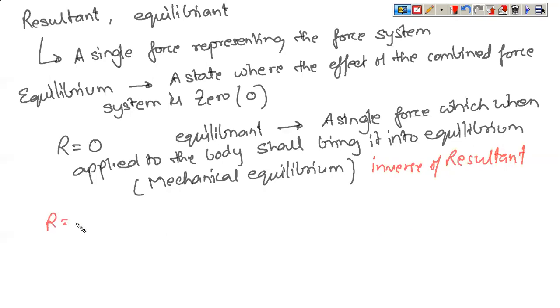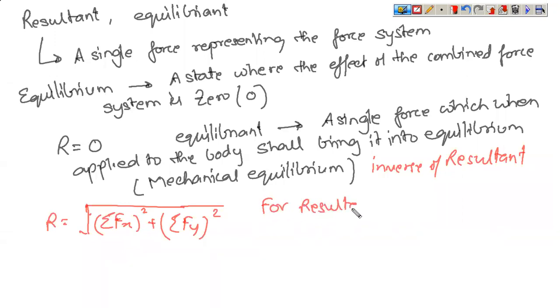Now, a state of equilibrium is achieved when the resultant is zero. Now, resultant is given by under root of (Fx whole square plus Fy whole square). Now, for the resultant to be 0, Fx has to be equal to 0 and Fy also has to be equal to 0. Otherwise, the resultant will not be 0. ठीक है, प्लस माइनस होने से भी नहीं काम चलेगा क्योंकि होल स्क्वायर है। ठीक, तो Fx और Fy individually have to be zero for the resultant to be zero.